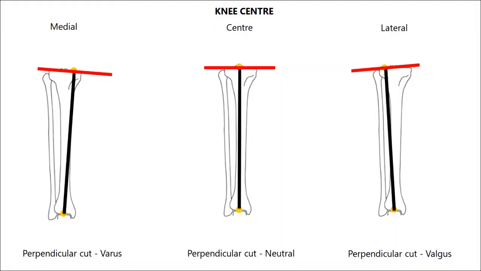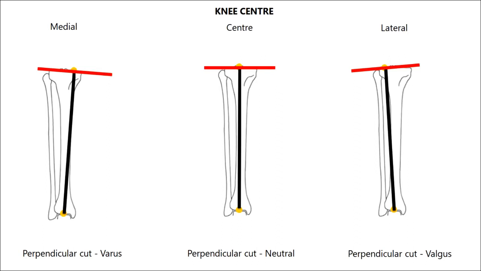The knee center is used to define the mechanical axis of the tibia. The mechanical axis of the tibia is the line joining the knee center to the ankle center. The mechanical axis and the anatomical axis of the tibia are collinear. Errors in selecting the landmark will lead to errors in defining the mechanical axis.